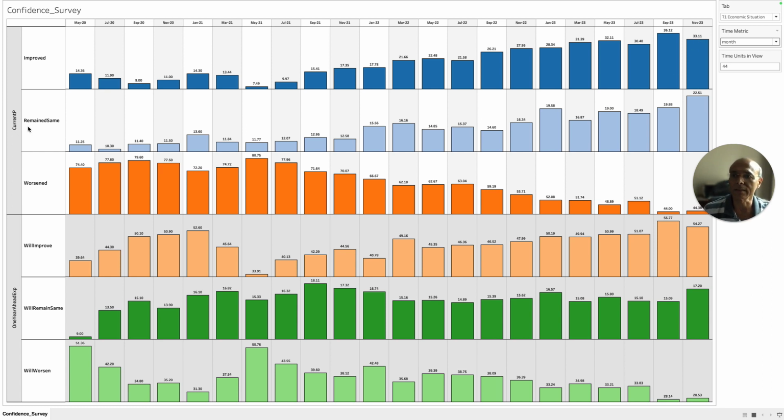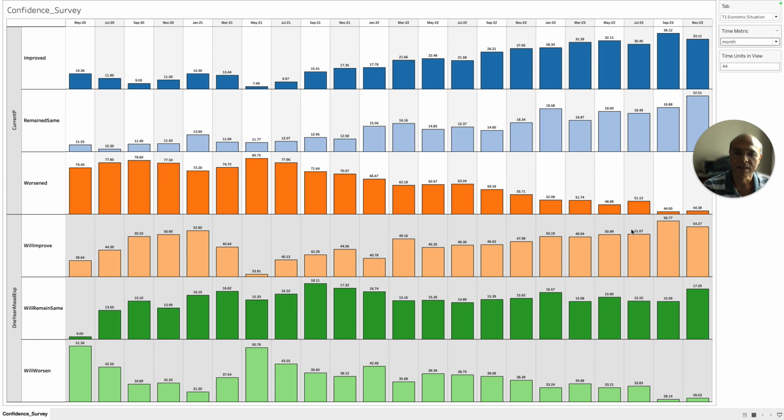And 22.51% feel that the situation has remained same, and 44.38% felt that the situation is likely to worsen, which is slightly higher than what we saw in the last cycle of the study. Now, 1 year ahead, the same flavor we can see here, right?